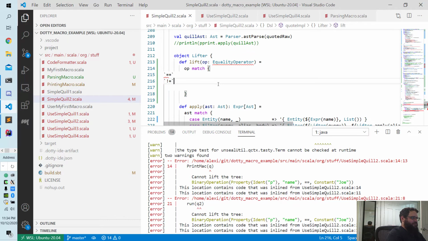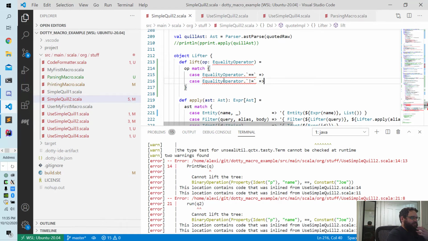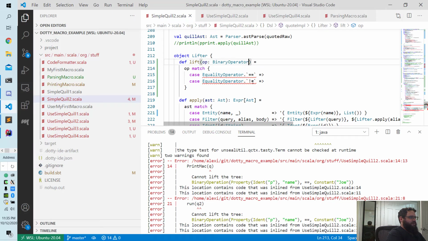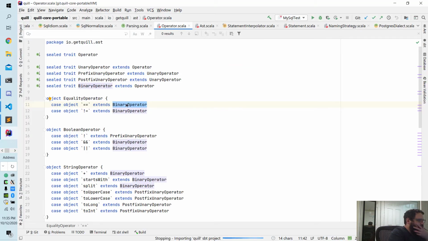Anyway, equality operator dot not case. Equality operator. What is this? Equality operator, case object. Oh, extends binary operator. Wait, no, hold on. That's fine. Oh, yes, it did binary operator here. So equality operator extends binary operator,